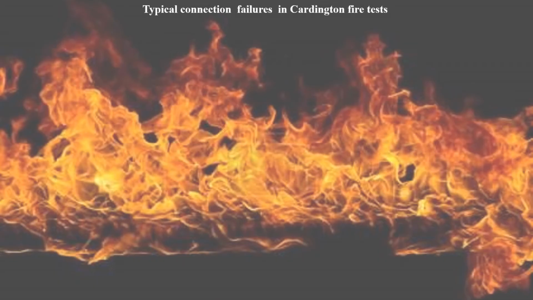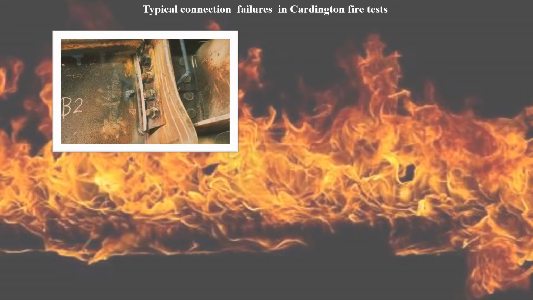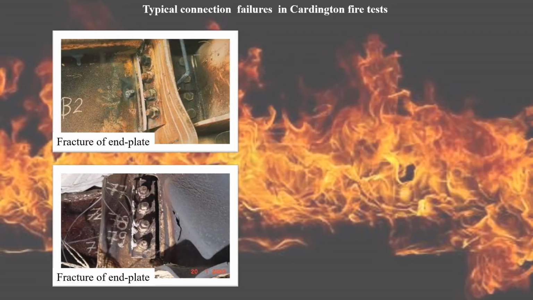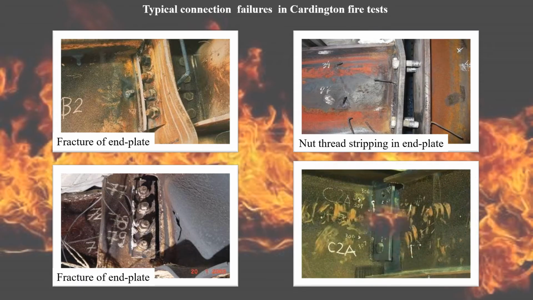Connection failures observed in the collapse of the World Trade Center and the Cardington full-scale fire tests indicate that connections are potentially the weakest part of a structure. Typical connection failures are shown in the figures, including fracture of end plate, net section stripping of end plate, and bolt